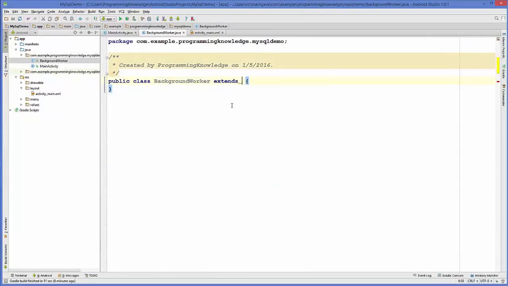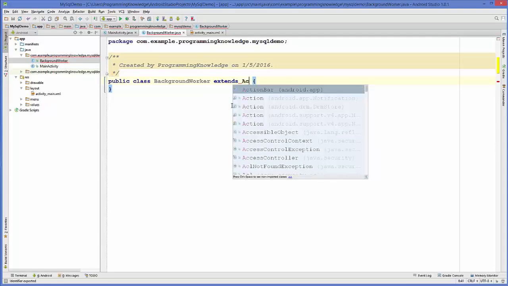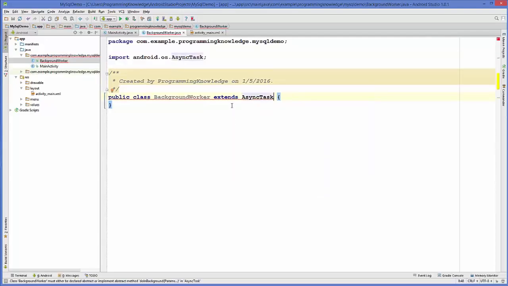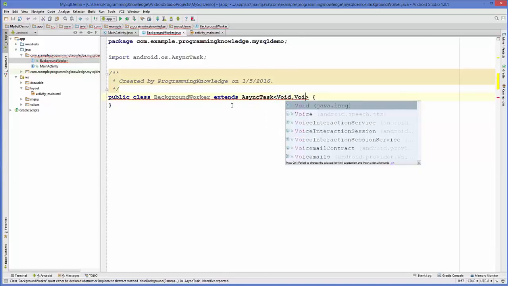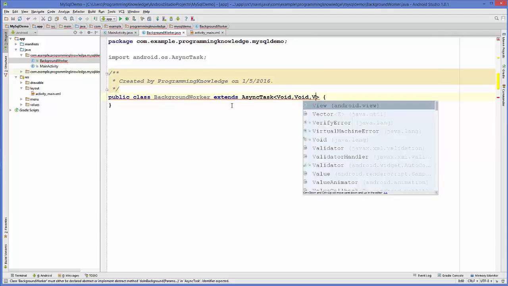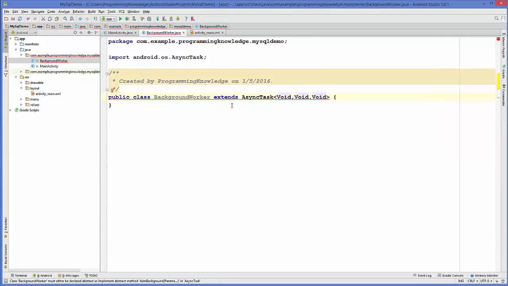Okay, so just extend this class with AsyncTask, and as a template parameter here we are going to give some dummy data types right now, and we are going to change them in future. So for example, void and void, and third also void. Okay, and now you can see it gives us this error, and when you click this bulb or Alt+Enter,